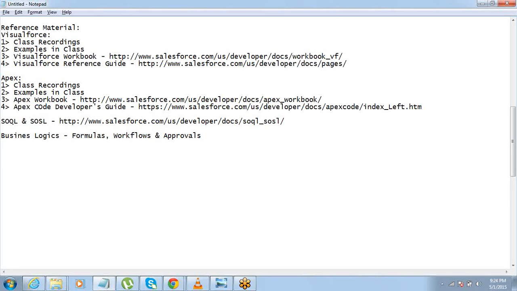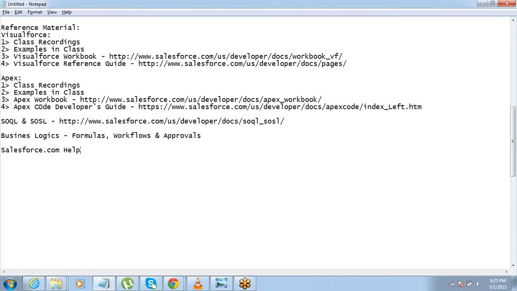And apart from that, you can also refer to the Salesforce.com help for any topic, mostly topics that are not much into Visualforce and Apex. Anything related to page layouts, permissions and profiles, permission sets, organization wide defaults, or creating email templates. All these small things. There are a lot of other things which include the default functionalities of Salesforce. For that, Salesforce.com help is the best place.